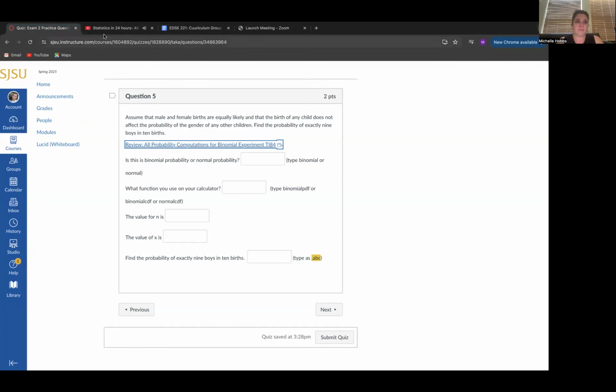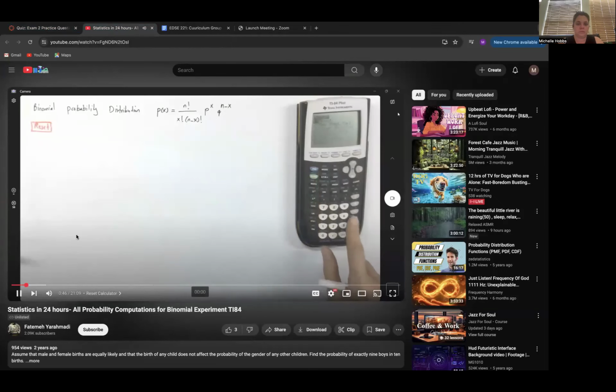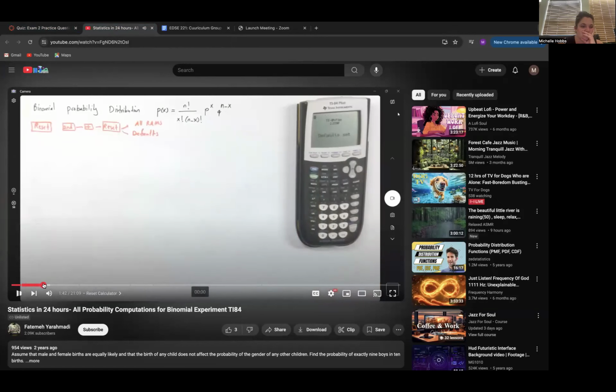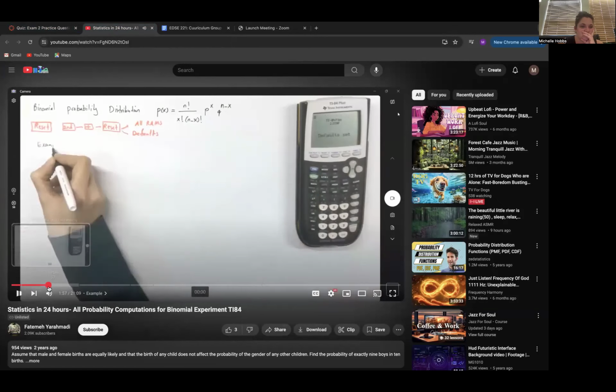Turn on your calculator, click on second plus. Set two things. Now you have to read. You don't have any built-in function in